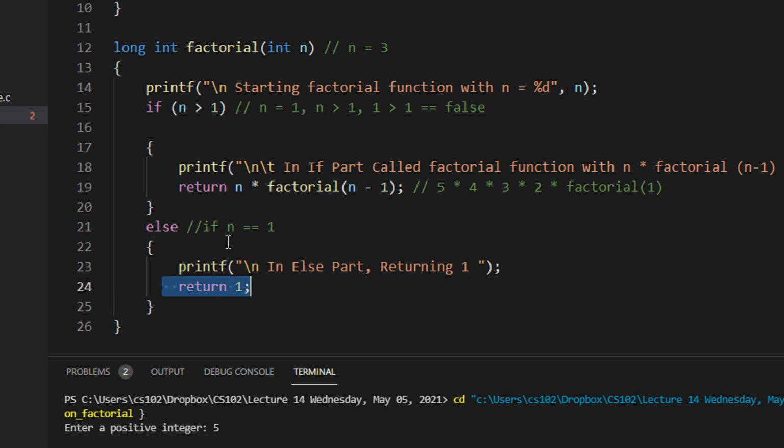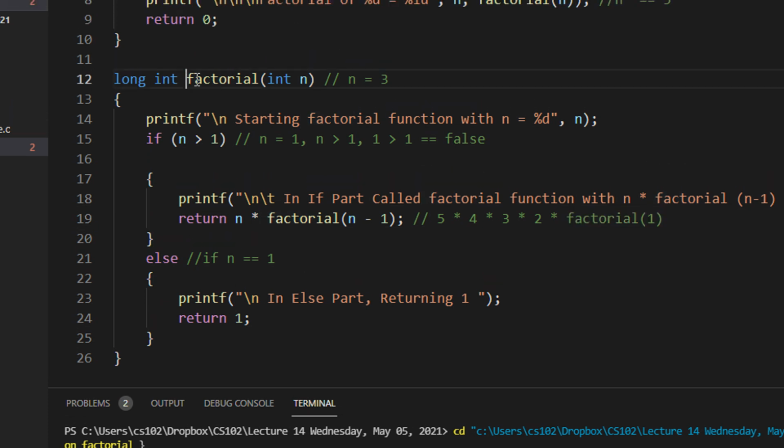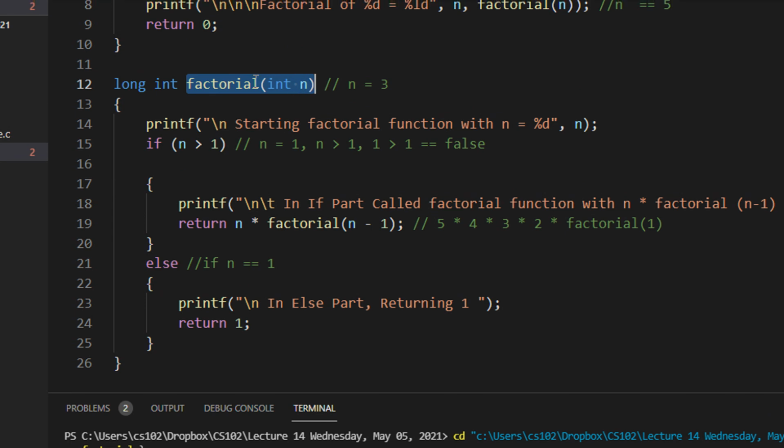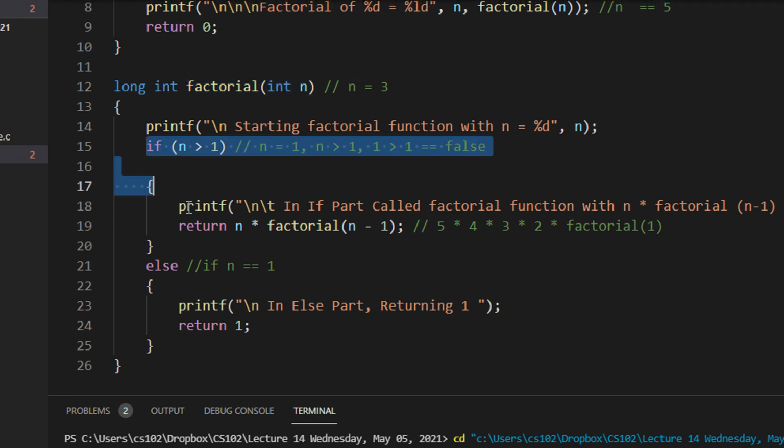So what I said, the function returns to the point from where it was called. So when factorial 1 was called, I jumped to this particular point, and from this point the if clause failed. I came to the else part, and the else part actually returned the value 1. Where will it return?